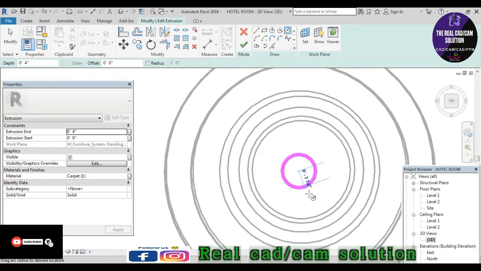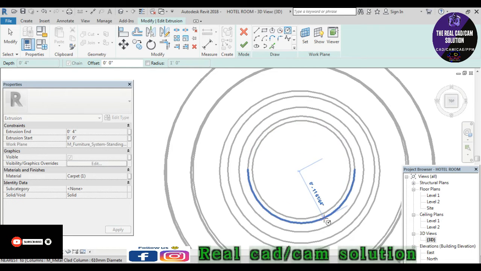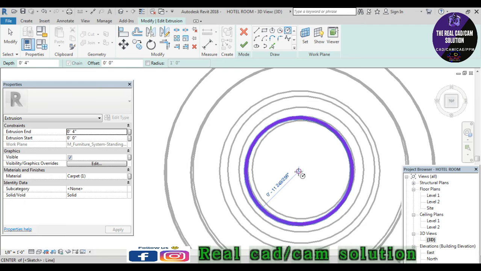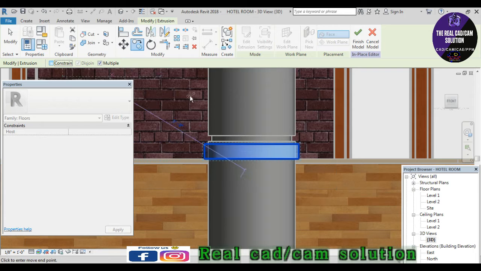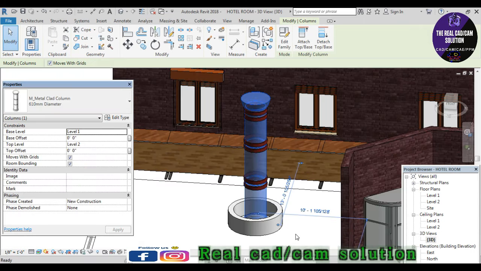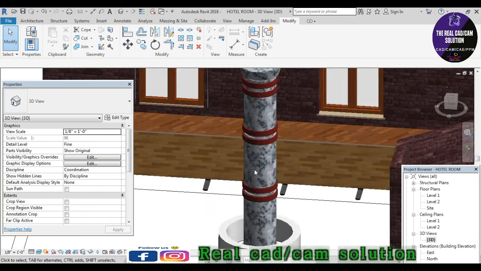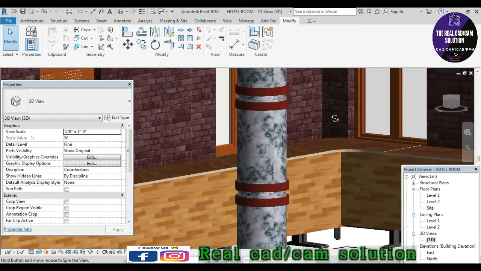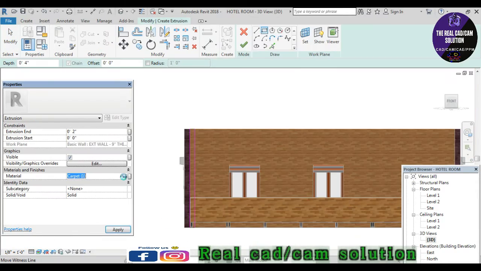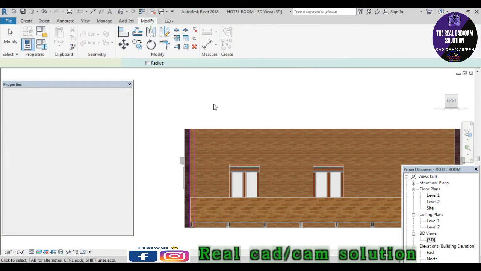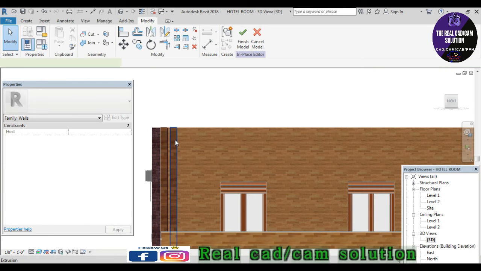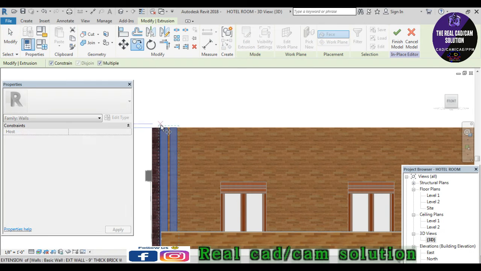I just draw the outer edge of the carpet material ring like this and go to the 3D view. Then copy it over the top of the area. The final presentation is this. Okay, it's finally over. Go to rotate and see the interior designs. Nice. Then go to the wood siding of the interior design like this. Keep watching. Draw like this and copy over one by one section. Then select both and copy over all of the parts, and finally view like this.